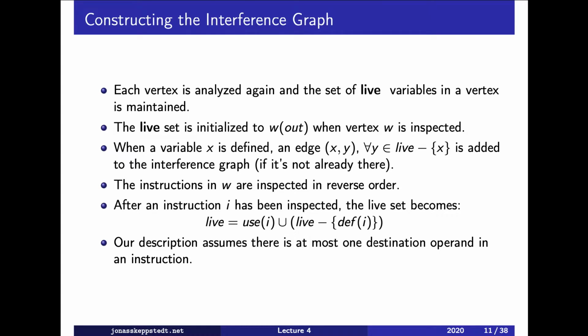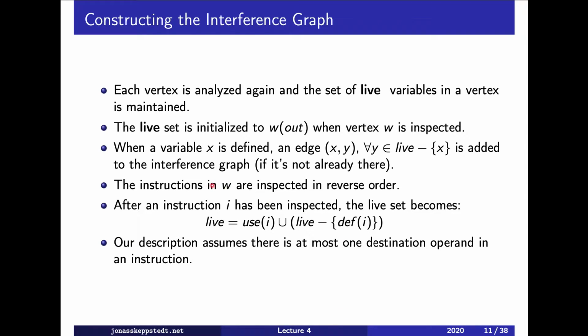Then, when we define a variable, we add an edge. Say we define x, then we add an edge from x to each variable in the live set, except x, if it's there. And obviously, if this edge is already there, we don't add it. So we inspect the instructions in reverse order, starting with the last instruction in a basic block. And when we have considered that instruction, we update the live set